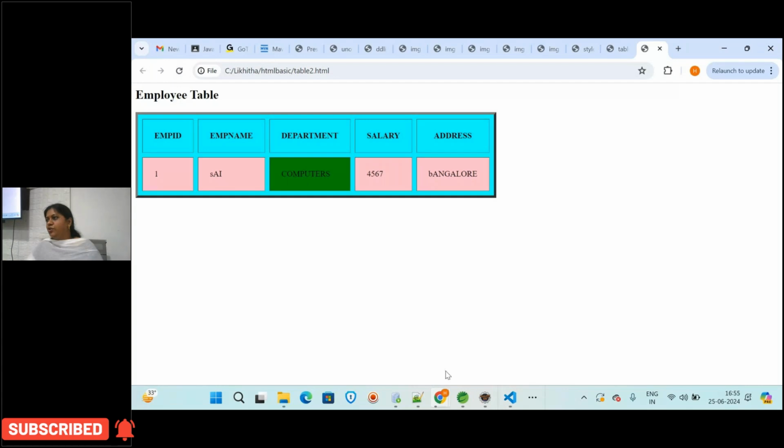Got it? So you can apply it not only for the background of the page, you can apply it for the background of the table, each row one color, and the complete table one color, and in each row every column can have a separate color also. Okay, so all of these are possible.